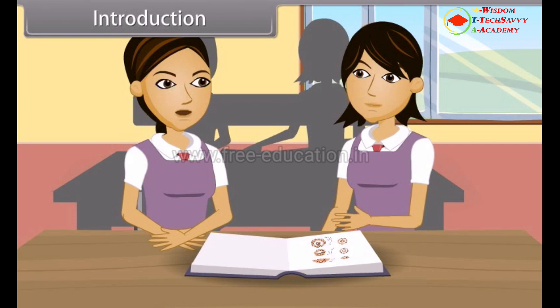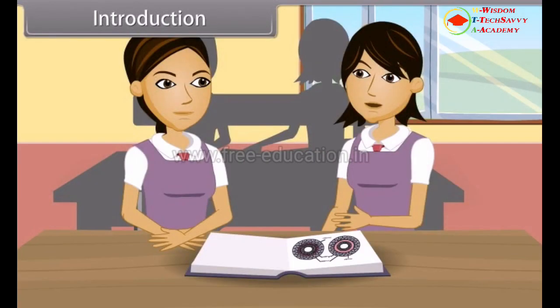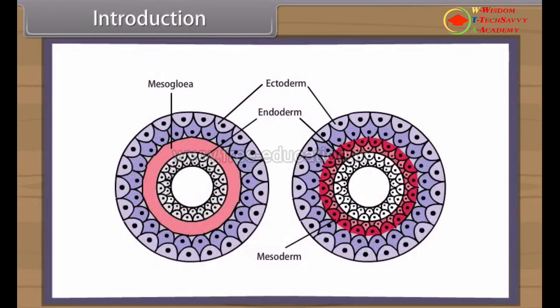On the basis of body cavity, the animals are either acoelomates, for example coelentrates and flatworms, or pseudocoelomates, for example nematodes. According to the presence of number of germ layers, animals are either diploblastic, for example sponges, coelentrates, or triploblastic, for example flatworms to